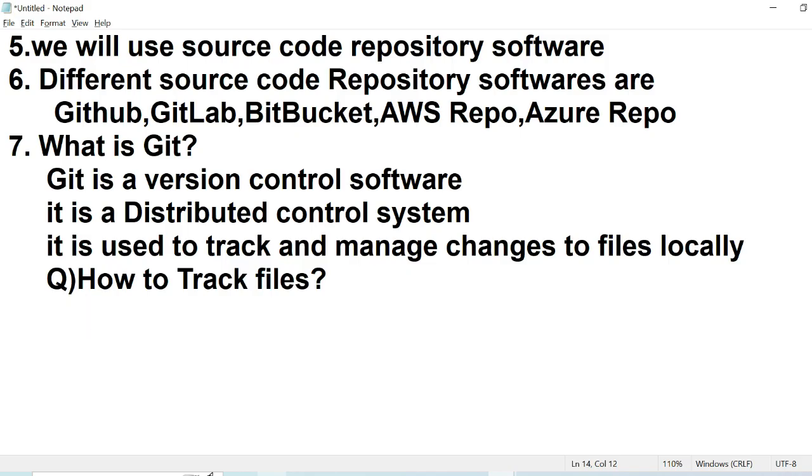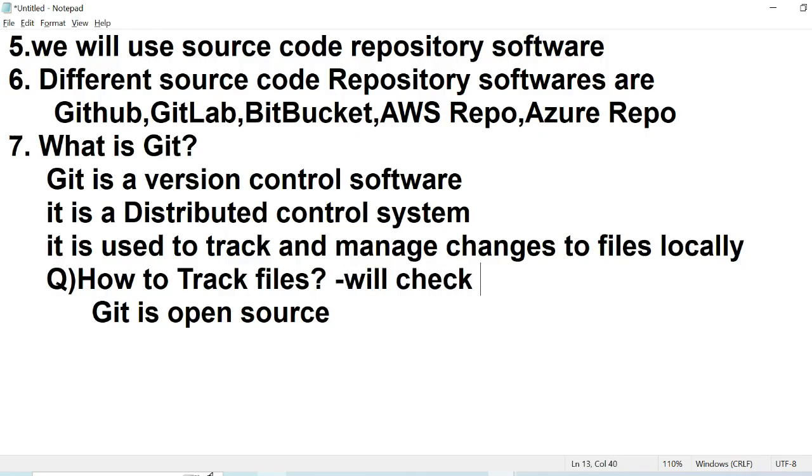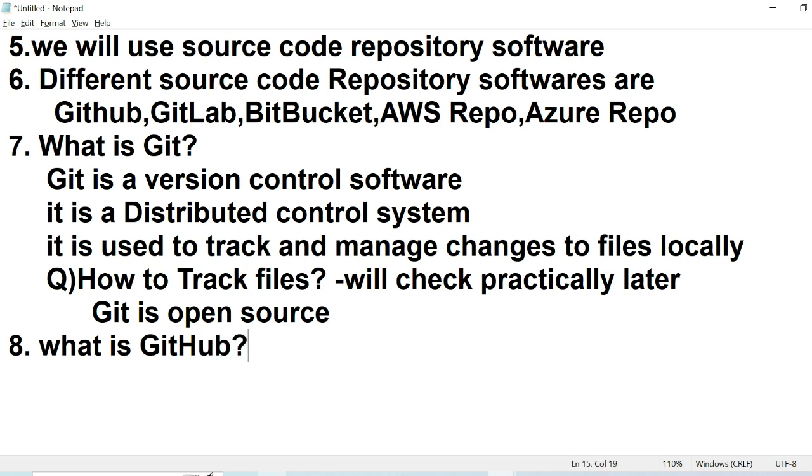So Git is open source. What is that, guys? Git is open source. Yes, understood? Yeah. So now, what is GitHub? What is GitHub? So GitHub provides